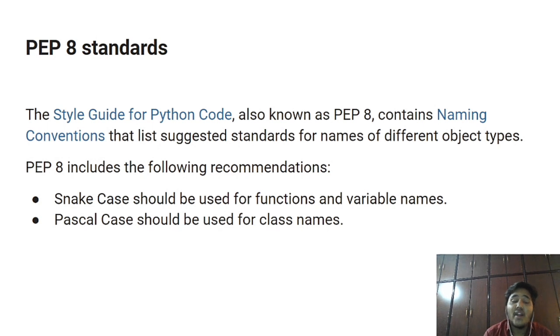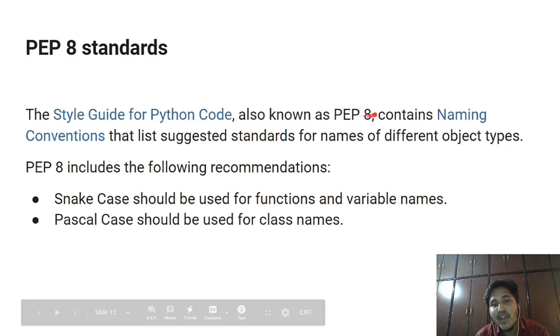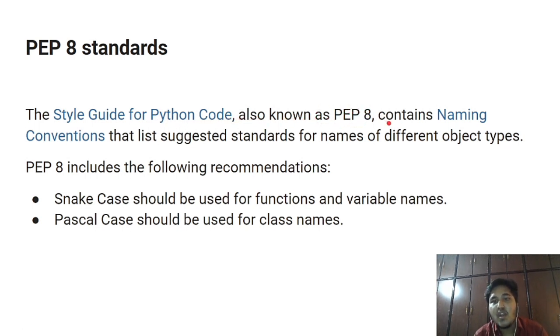Now, according to the PEP 8 guidelines, the style guide of Python code is known as PEP 8. This PEP 8 is generally used for naming conventions, guys. It suggests some standards, and we need to follow them. If you are working in any company, they will definitely check the coding standards. These coding standards cover whether you are following naming conventions, whether you are declaring classes for a meaningful purpose, and whether you are creating new objects. All this is taken care of by the PEP 8 guidelines.